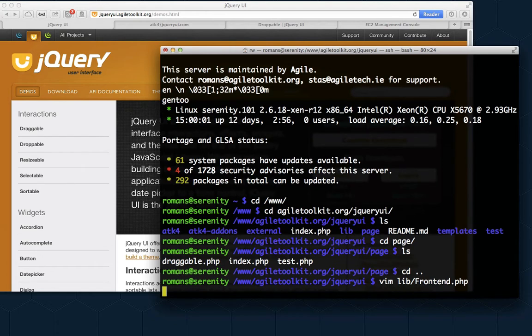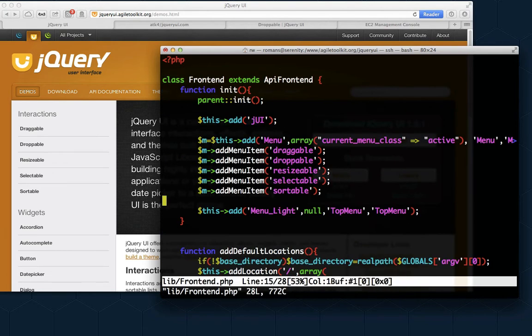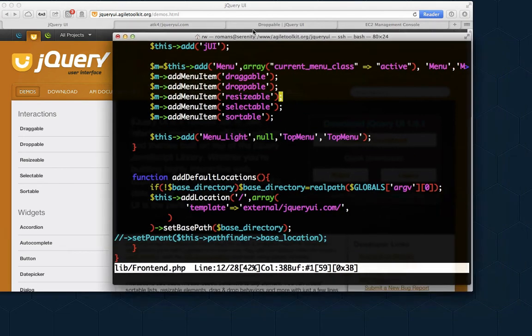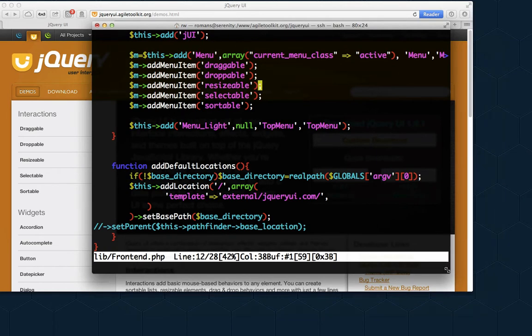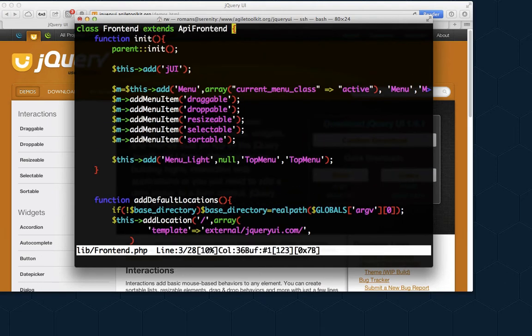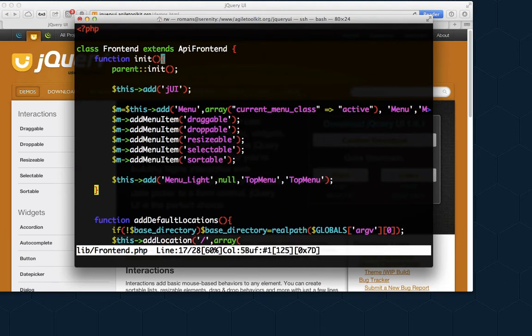Okay, let's take a look at the front end. And this is the menu. This is the dynamic menu we have on the left right now. Somehow we need to define how exactly we are going to separate the demo pages from the other pages. And how do we want to load them? Because